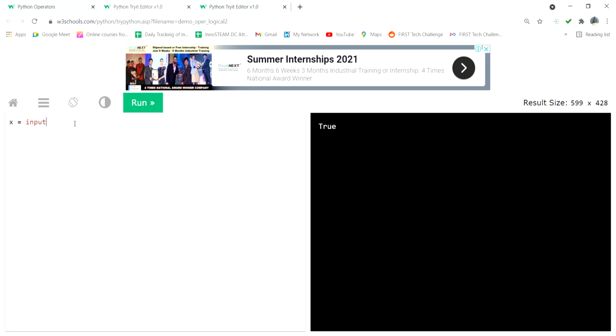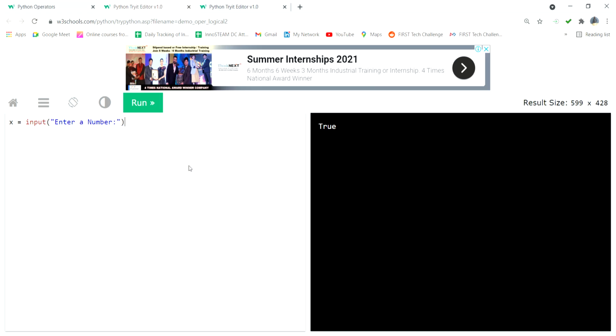Input means it will ask the user. Okay, you have to type now. If you want to fill up forms, it will ask first name, last name, then you have to type your name. Nowadays for OTP, it asks for the OTP number, then you have to type the number, then it will take the number. So like that, if you want to give the number, you have to write input. Okay, input, I will put here "enter a number". Like this I will type, so whatever you want you can type.